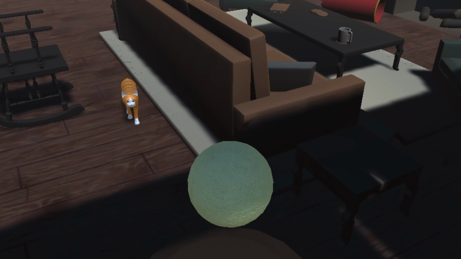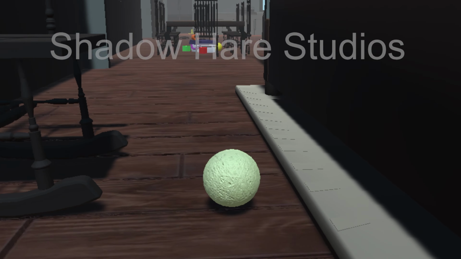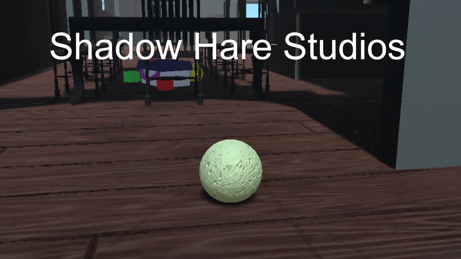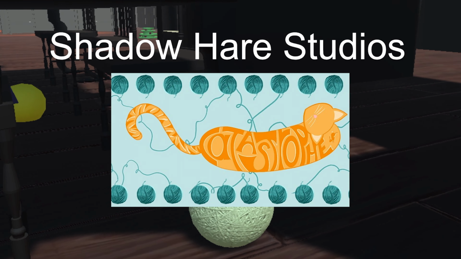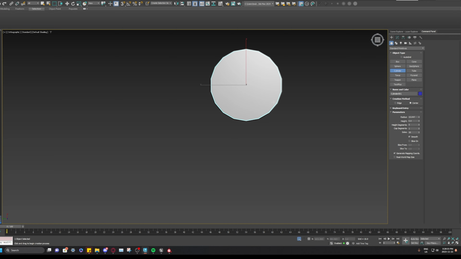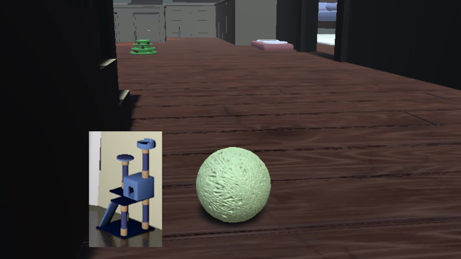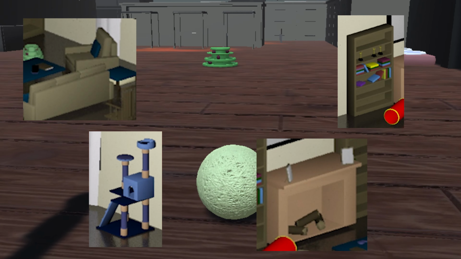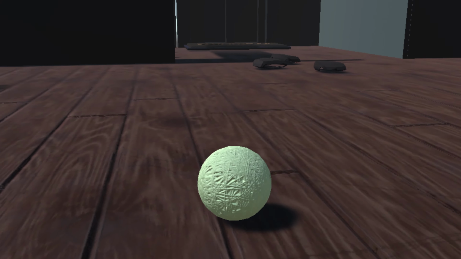A few months ago, I worked with an amazing team called Shadow Hair Studios to create this awesome game called Catastrophe. Within that team, I was in charge of building and 3D modeling the environment. Most of the environment were low poly assets and just had plain colors on it. So today, I took one of those rooms that I made and recreated it to look more realistic and more